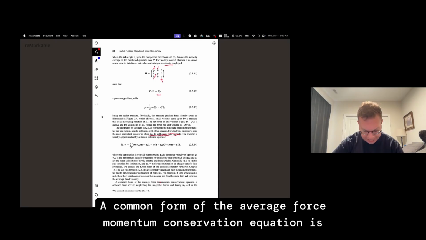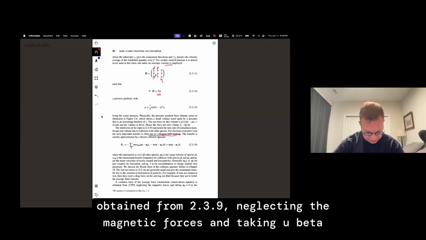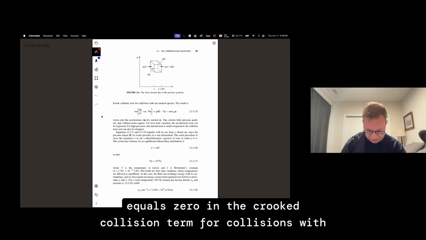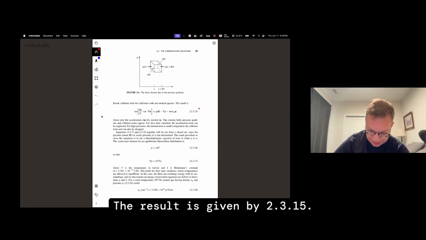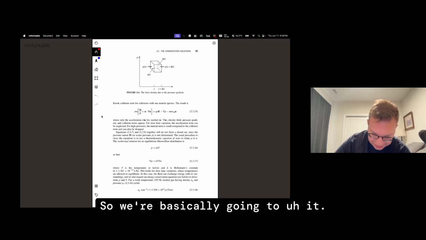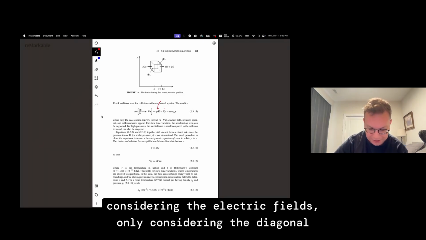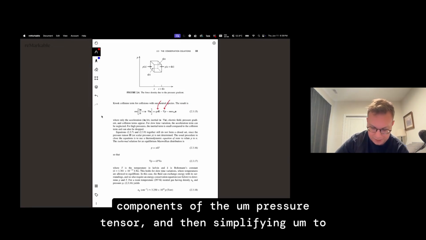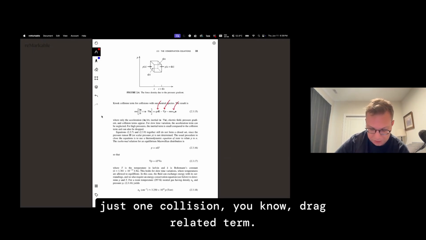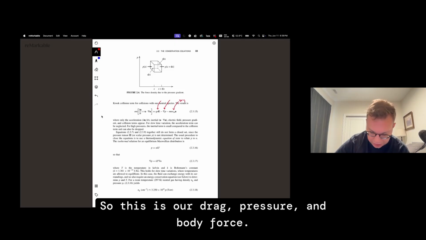A common form of the average force momentum conservation equation is obtained from 2.3.9, neglecting the magnetic forces and taking u_beta equals 0 in the Crook collision term for collisions with one neutral species. The result is given by 2.3.15. So we're basically going to simplify the full Navier-Stokes style equation by only considering the electric fields, only considering the diagonal components of the pressure tensor, and then simplifying to just one collision, drag-related term. So this is our drag,